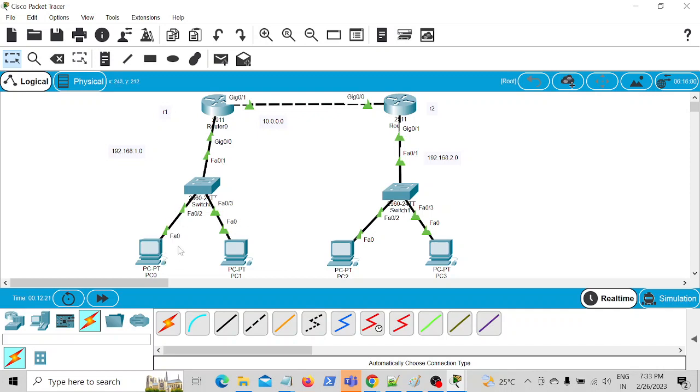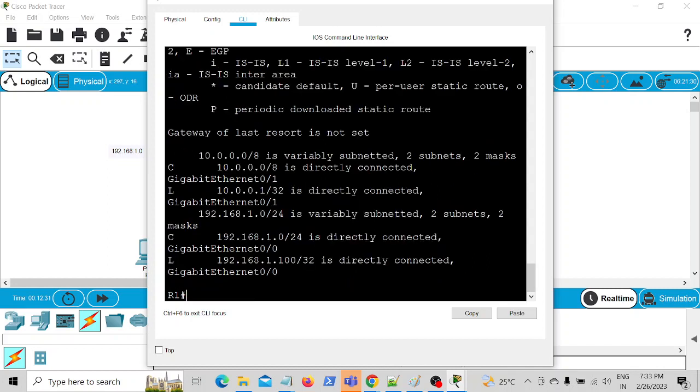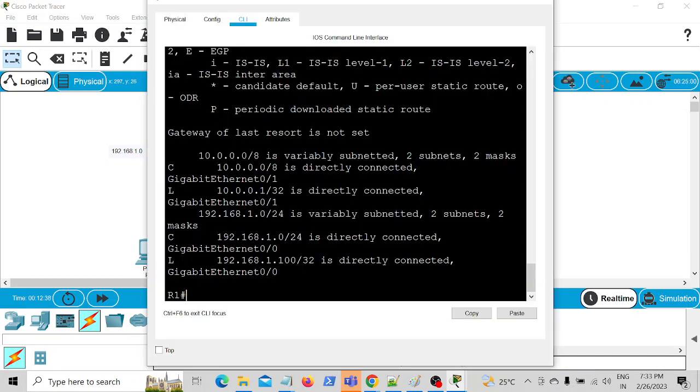This PC is sending the packet to the router. This router will check its destination. Like this router doesn't have it. See, I will check show IP route. See, this router doesn't know about this 2.0. You can see it is connected to 10.0.0.0/8 and